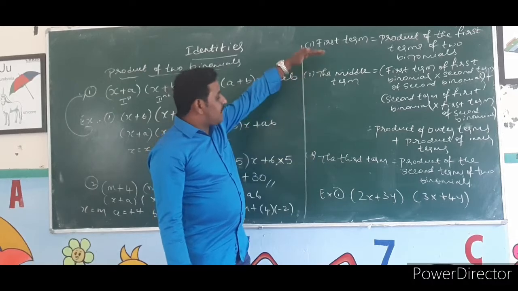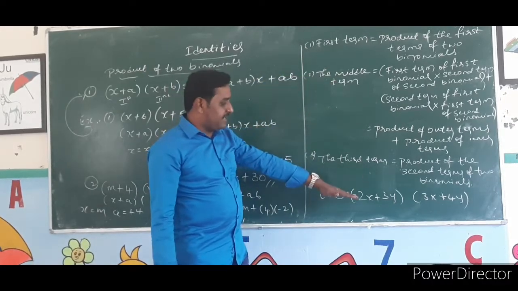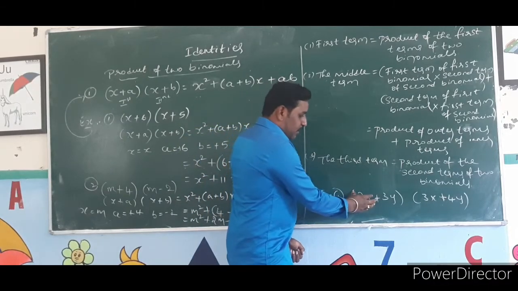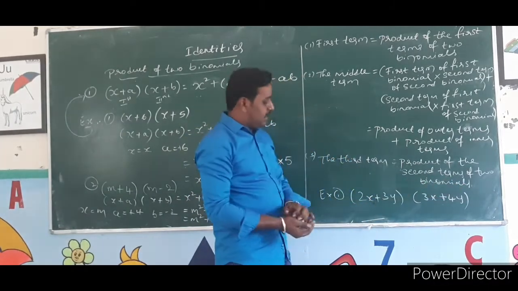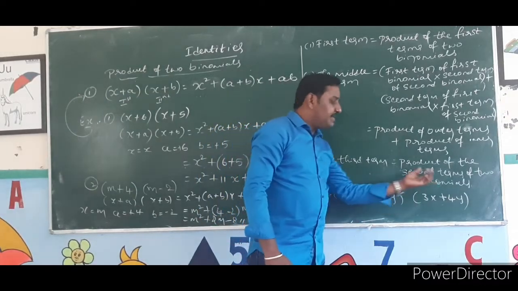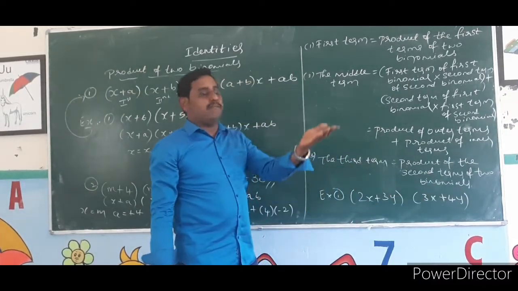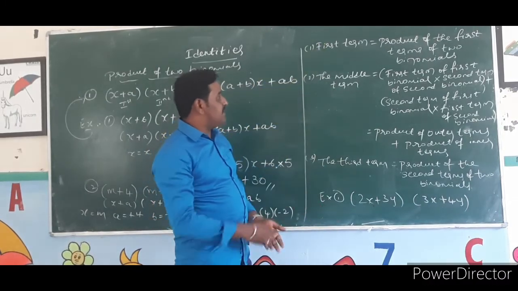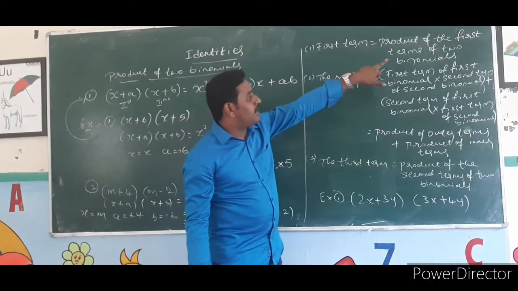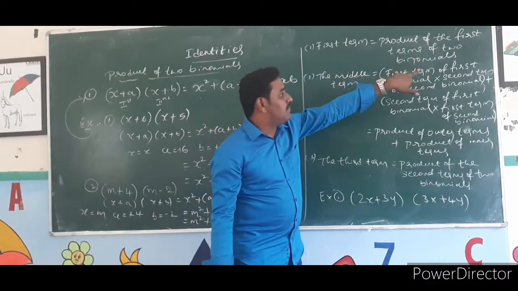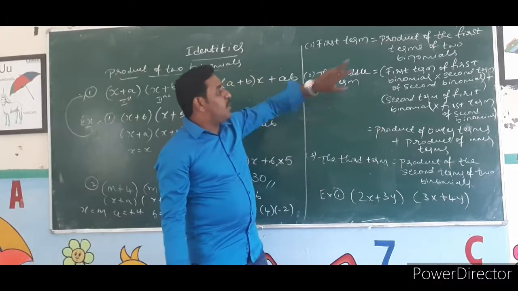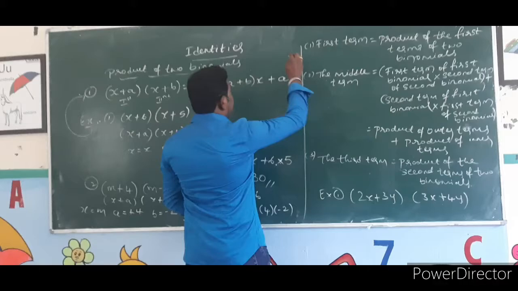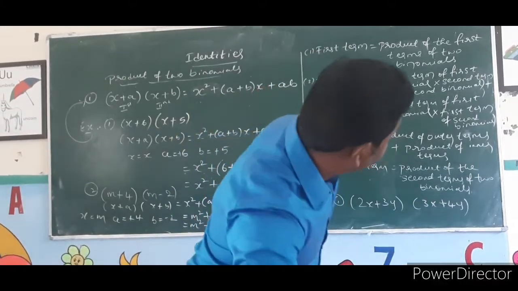So here we are using 3 steps of multiplication. Otherwise, if you want direct multiplication, first you have to take 2x and multiply these two, and next take 3y and multiply these two. So instead of that method, you have to use this procedure. The first procedure is the product of the first terms of the two binomials. Here I am going to solve the problem.